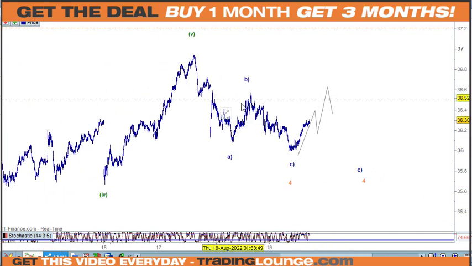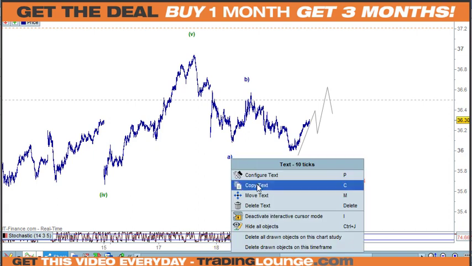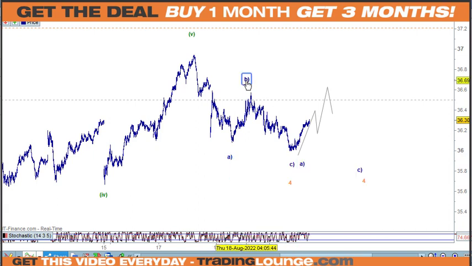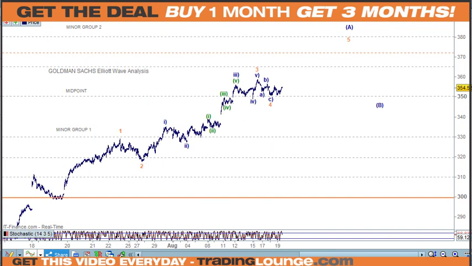It might just be that all of this is the A wave to this point here. This is what we've got to be a little bit careful of. We need to bring this in line with the rest of the market, so we'll just wait for this. We could have a low in here, but I want to get some more evidence over here for that first. And the same with